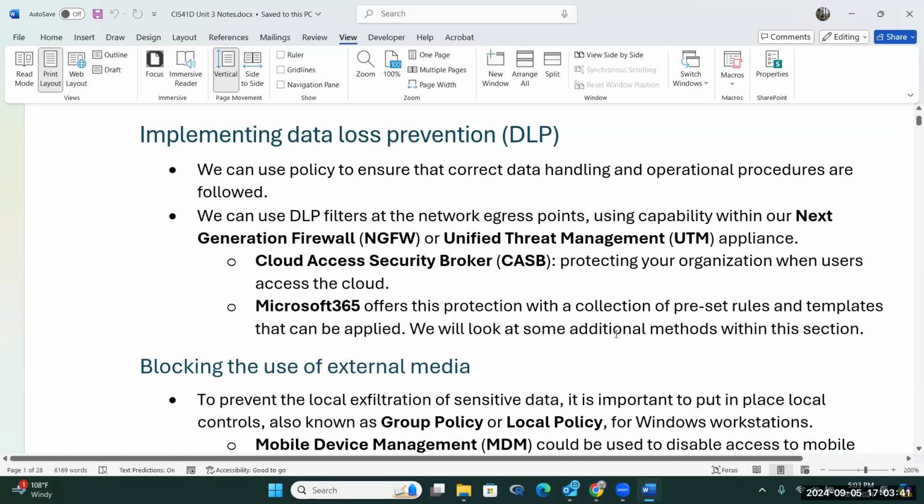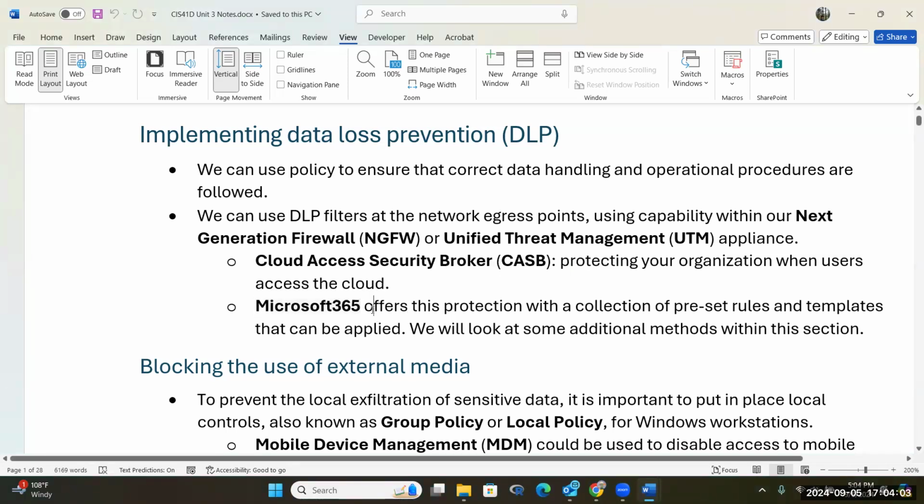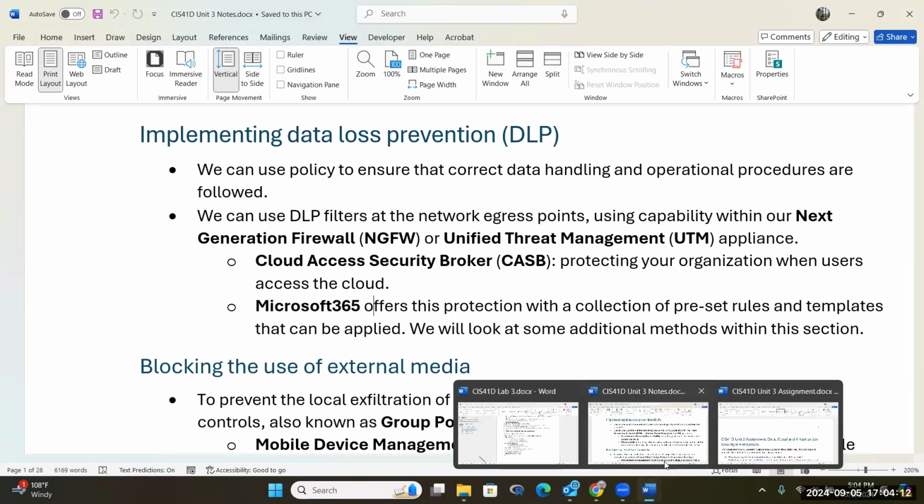Now, in a cloud environment, you can use Cloud Access Security Broker, your CASB. You're going to hear this over and over again, to protect organization users. And then in the application itself, you can also set rules. They're kind of like application policy, but within the application, you can control how that application is used to access data, or the data related to that application. So in your assignment,